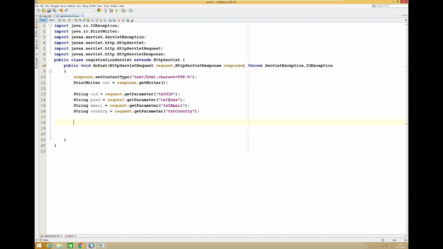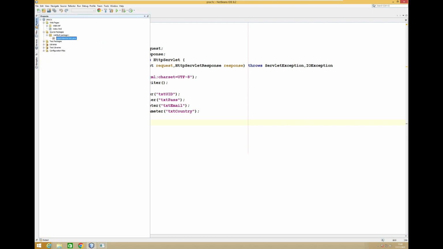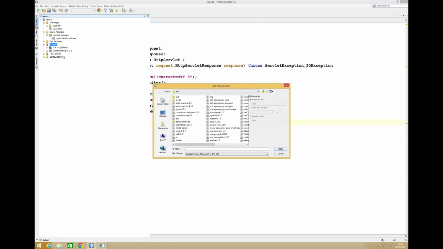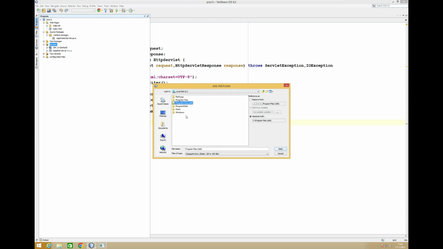but now what is left? Now the thing left is we have to insert this data into the database and the table which we have created. So for that, in the project section we go to libraries. Here we have to import one jar file which is the mediator connector between my servlet, meaning my Java code, and my database. That is the MySQL connector Java. If you don't get it, we go to this PC, C drive, program files,